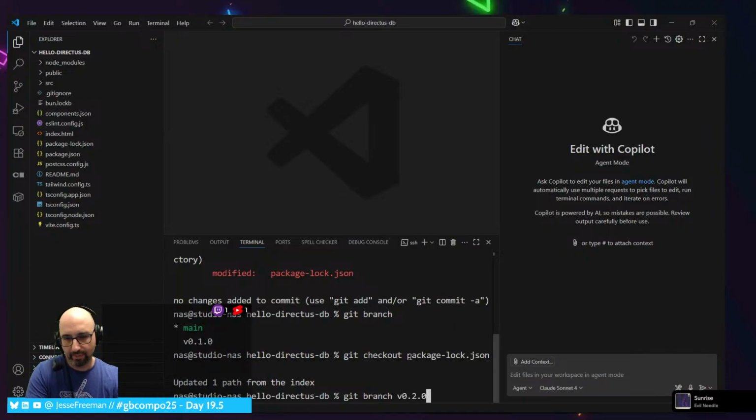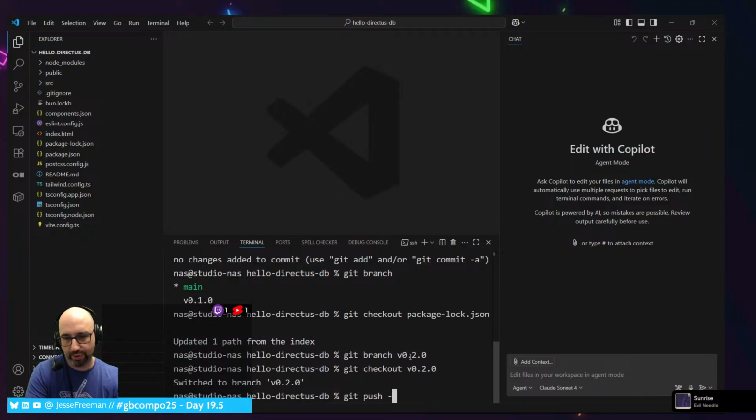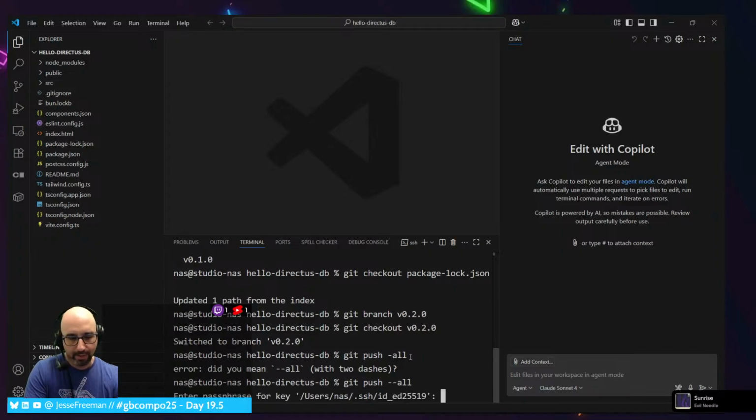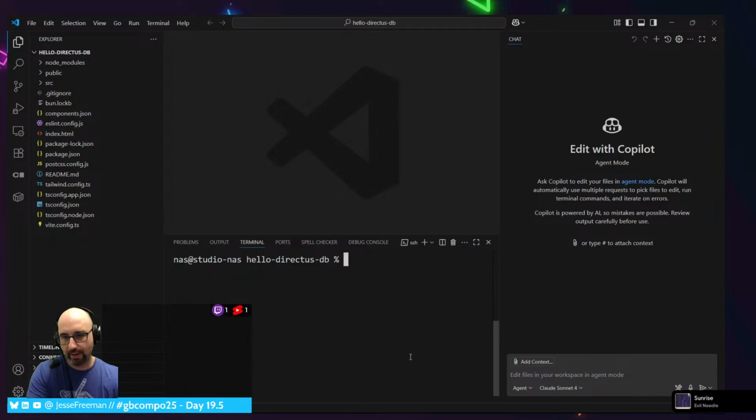I'll just do 2. Git checkout v0.2.0. Git push all. Give it my password.